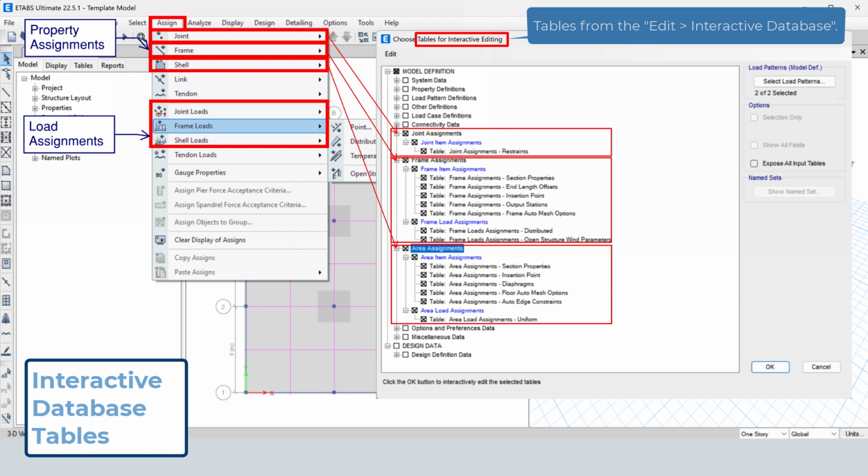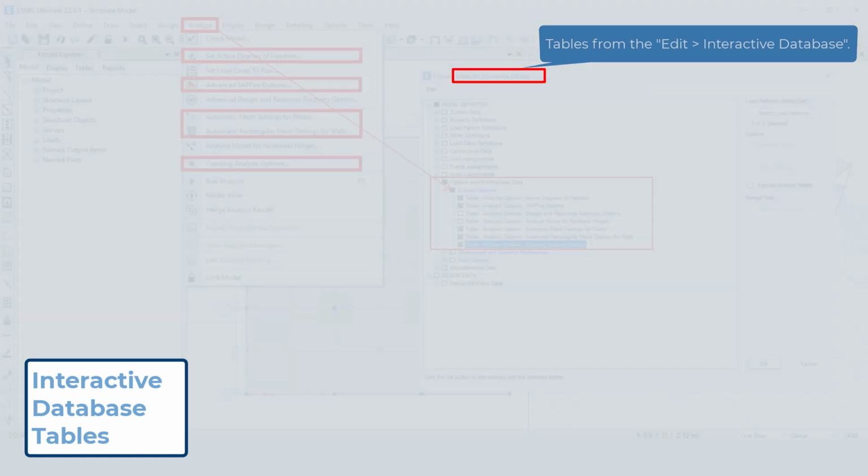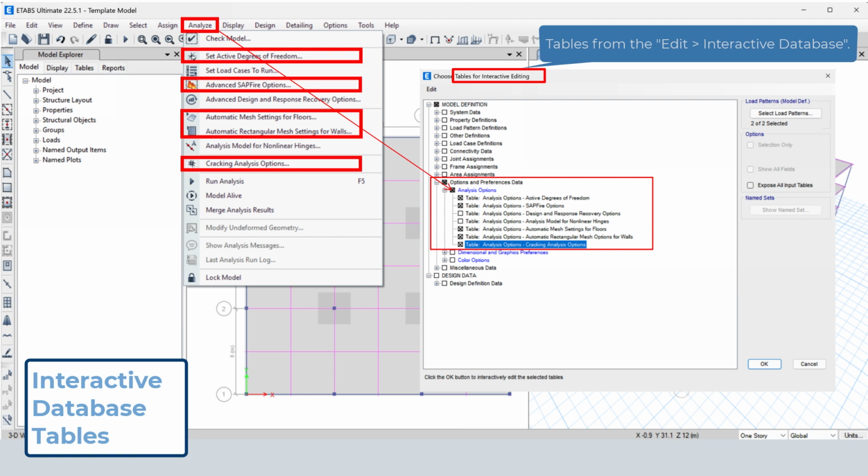For each object type, that is for joints, frames and areas, the user will be able to separately specify assignment of properties and loads. The property assignments depend on the type of object. For example, to joints, user can assign support restraints, whereas to frames and areas, user can assign a section and corresponding material. Under the Options and Preferences data node, you'll find a number of tables that are related with commands,